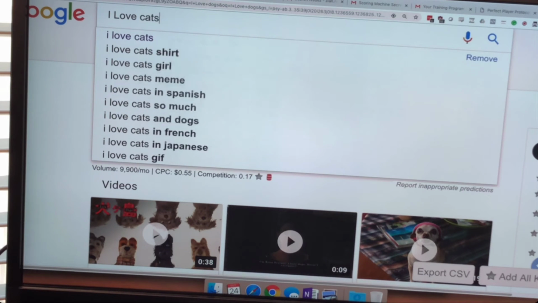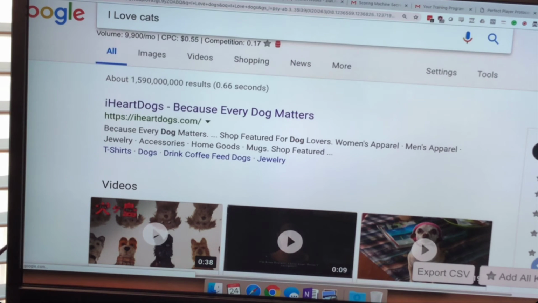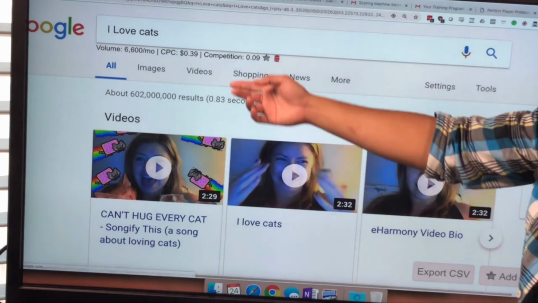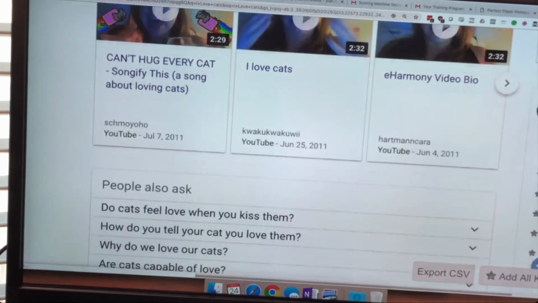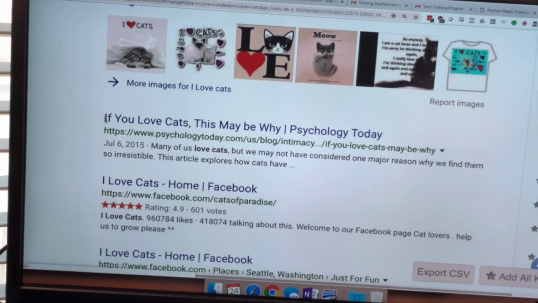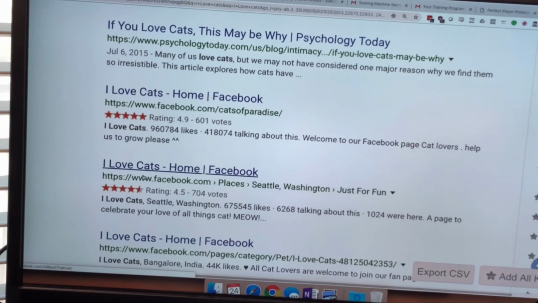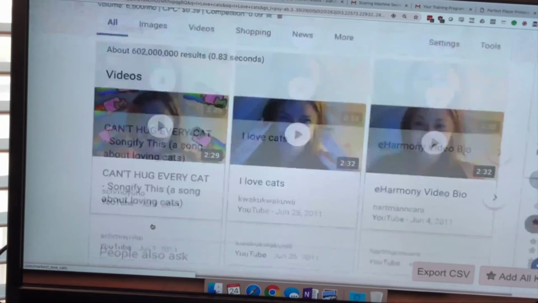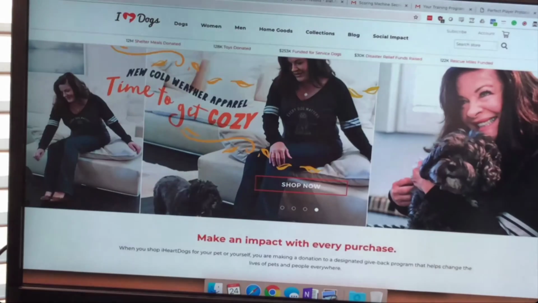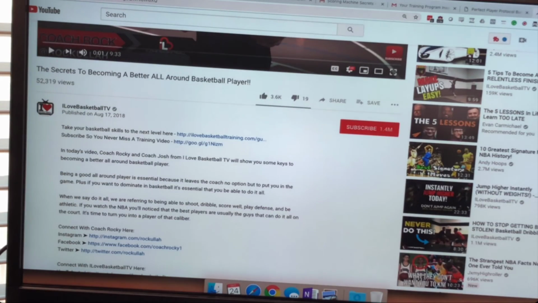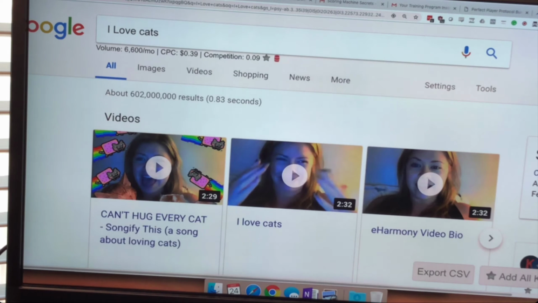There's also "I love cats." Fewer people love cats, supposedly, according to Google. 6,000. But you're going to see that here, even in these Facebook pages, these people are still capitalizing on the opportunity that Google gives you: free traffic. Free traffic for these results. So that's what I want to leave you on, is Coach Roc was able to capitalize on Google search